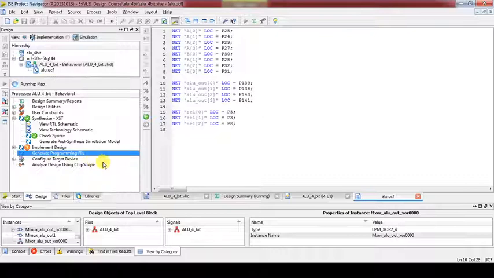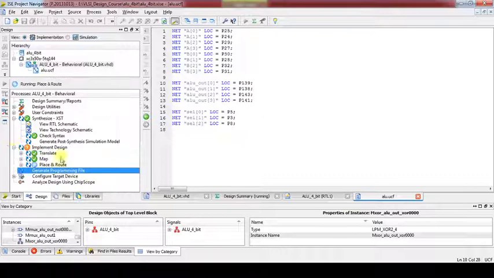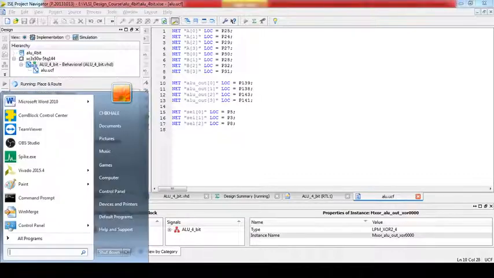Okay, let's wait for some time. It is generating. Yes, it has almost generated the bit file. Meanwhile I will open the programmer.